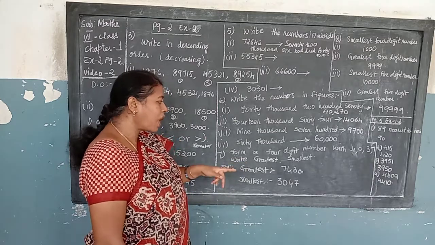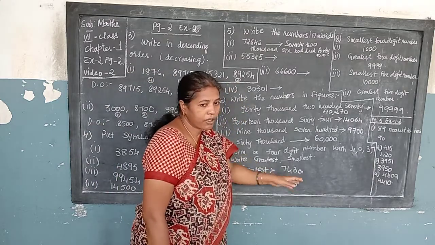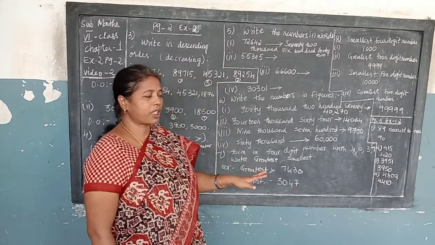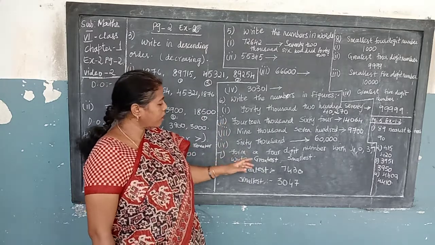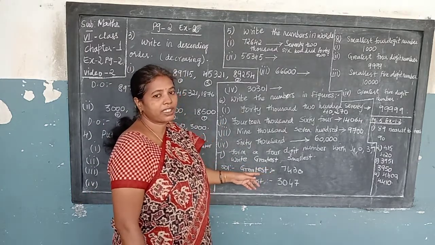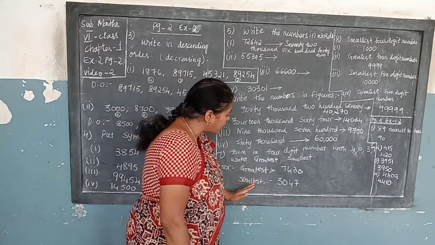7,430. Smallest, from 0 you should not write, children. Did you understand? From 0 don't write because it is a 4-digit number. You should use the value of 0 also there. So even in 5th class, first chapter, we did see one problem of this sort, children. So you write the smallest from